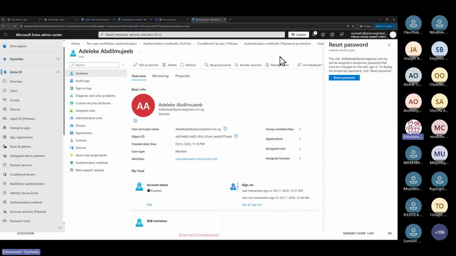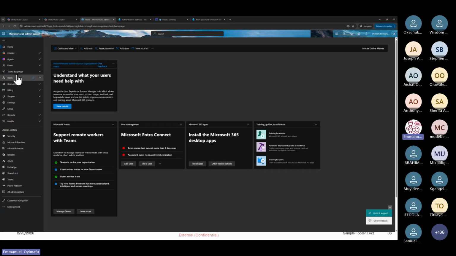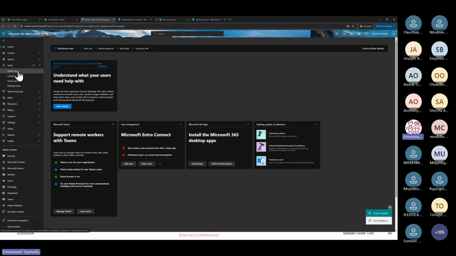Okay. So the one when I reset Itoje's password, that was a temporary password. That one was auto-generated by Microsoft. So let's check from M365 Admin Center. If you are using local Active Directory, if maybe your organization is using AD, in AD you can set the password that your users will use. You can just give them the password, maybe like you are talking about now, the name of the company, the year, and this. You can give them a pre-password that they will use to sign in first. That one can be done on Active Directory.